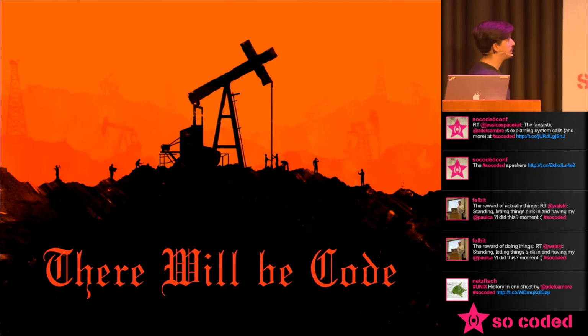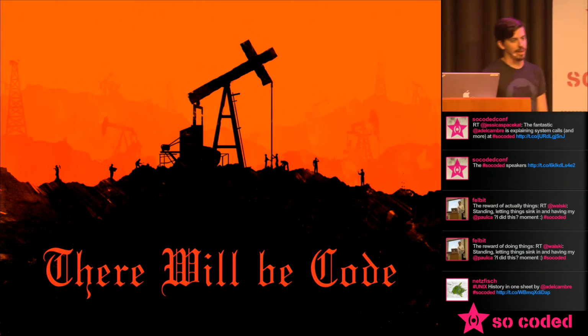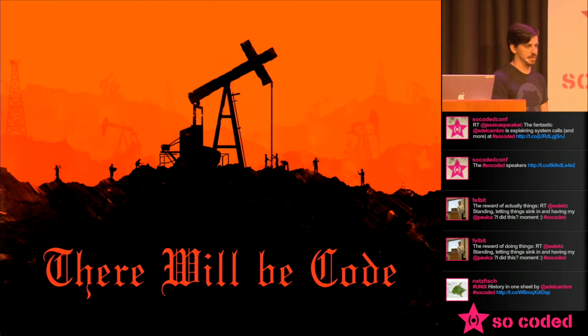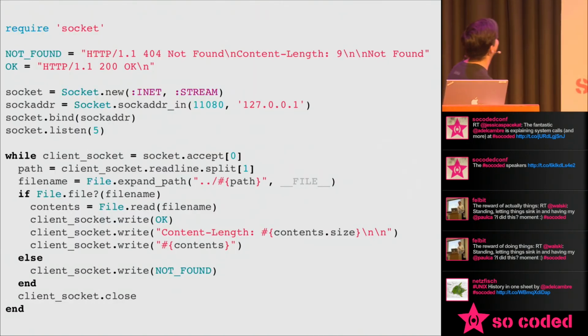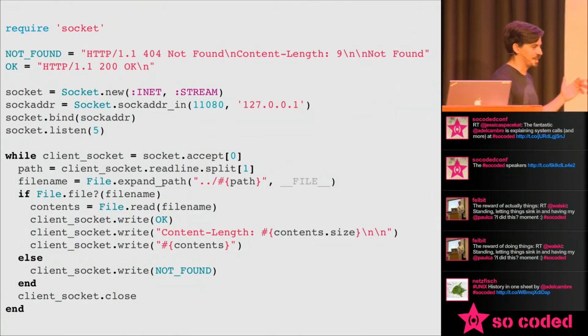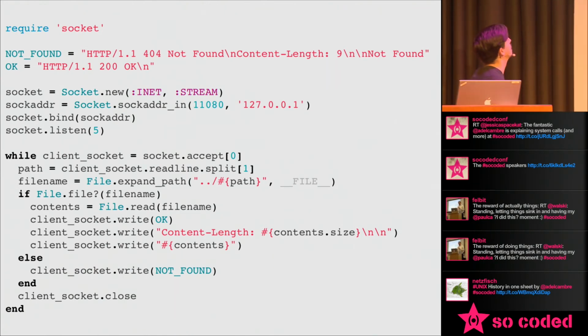So on to code. We'll have some code. Some caveats before I show the code. This is a really tiny actual HTTP web server. It's not production at all. It has huge security holes and should never be used for anything real, but there it is. I'm going to go through this line by line, but this is 23 lines. This will run. I'll show it running in a second.